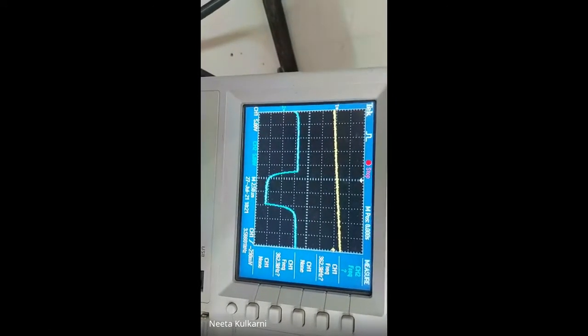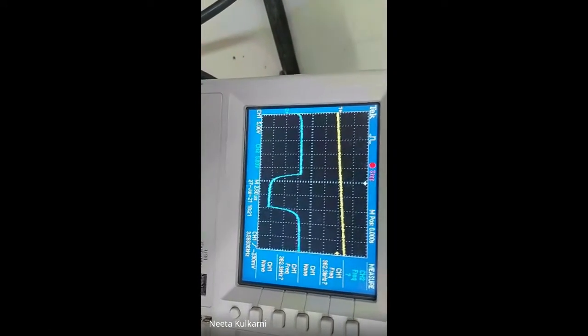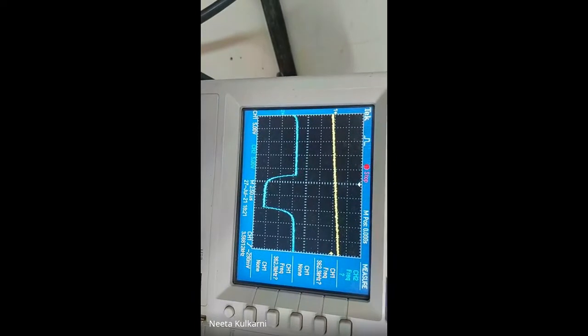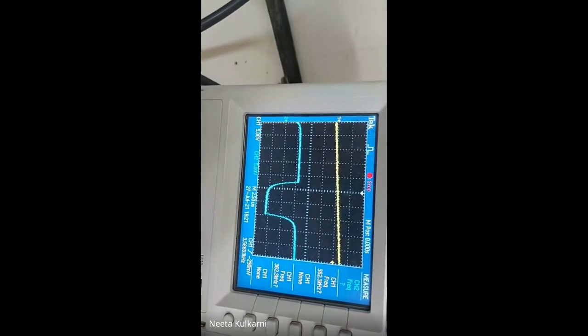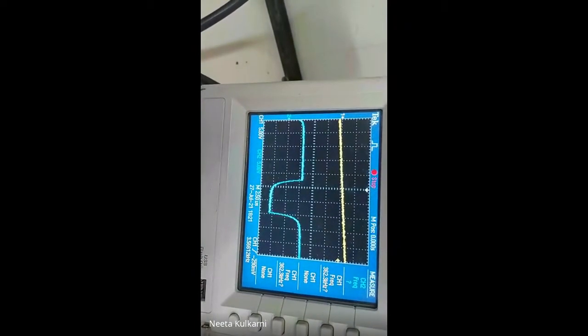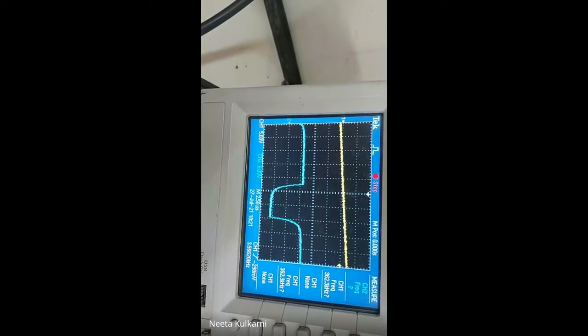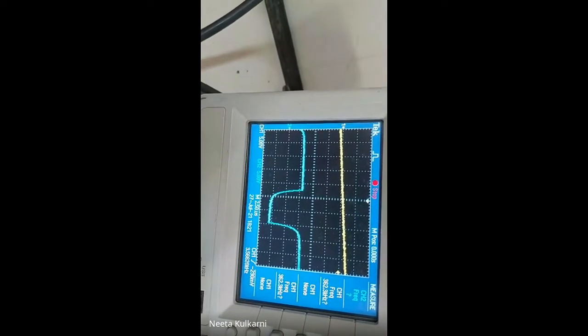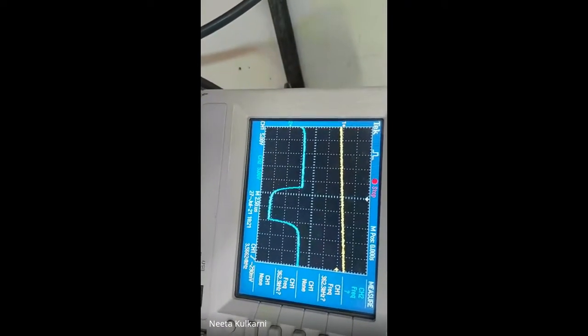So you have to take a screenshot of this output and draw the output of that. Basically 3 experiments are done now. I'm repeating: first was the data formatting. We have seen NRZ, RZ, AMI, Manchester coding, alternate mark inversion.